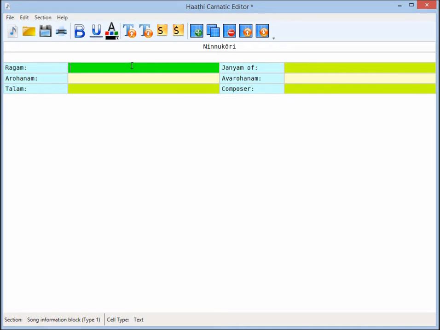And now I'm going to start filling in all of this information. The labels are already here, ready to go. You just have to fill in the details. So I'm just going to put Mohanam, Janyamov, Hari Kambhoji. Arohanam is